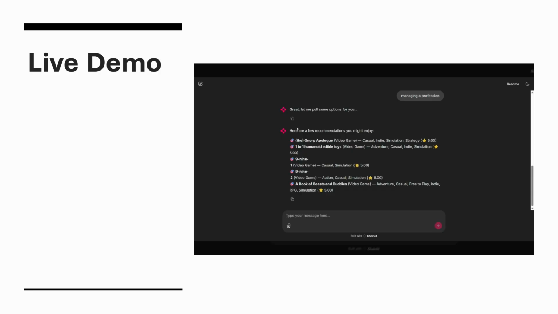Here we can see some video game recommendations. Now we can see the rating of the recommendations as well, telling us that these are highly recommended games and things that it really thinks we would enjoy. What's nice is it has also included the tags here to give you a little bit more detail about the game, to help you really understand what you're looking at with these recommendations and why the model may have picked